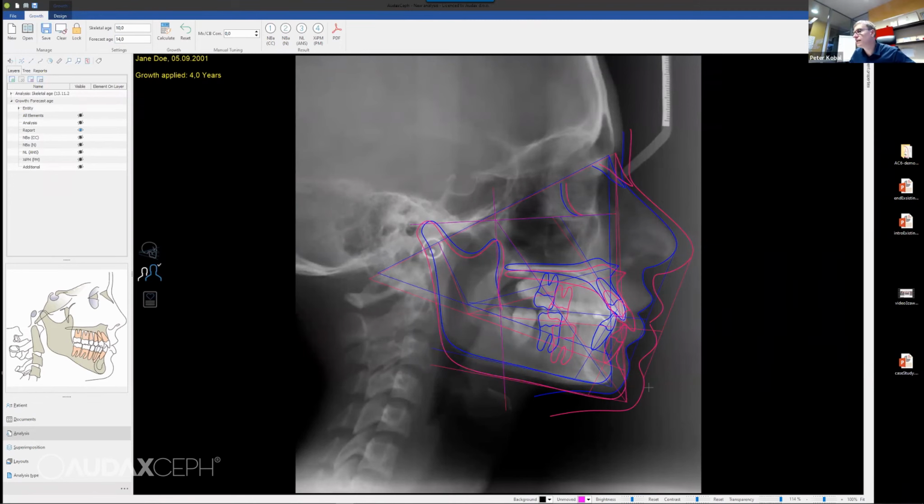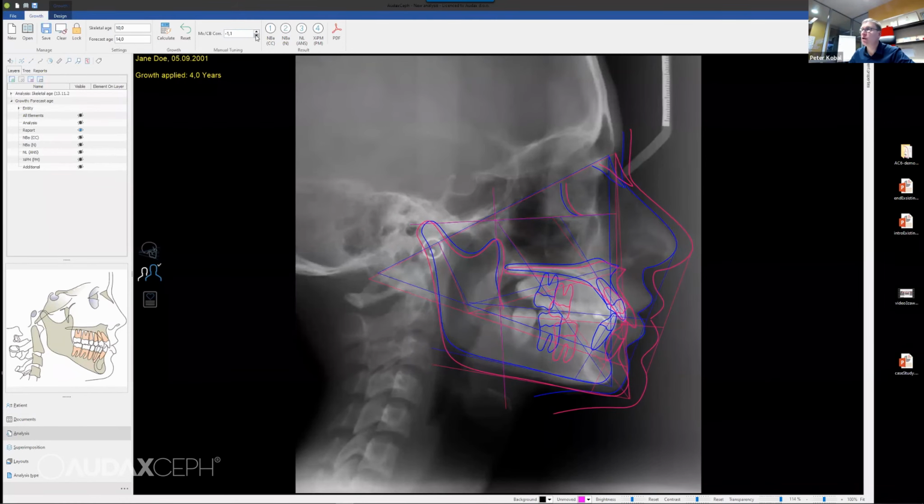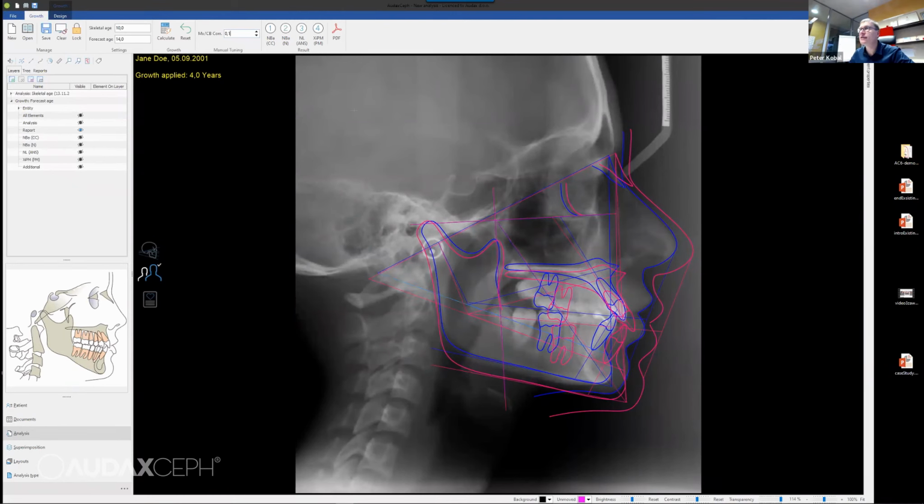And the software does the calculation for, let's say, 4 years of growth. This methodology was done by Ricketts, and that algorithm was put inside the software together with the Ricketts community, and it works quite well. We added also a possibility to open or close the facial axis. So this angle between these facial axes can be altered. We can either close or open the jaw, the growth facial axis, for up to 5